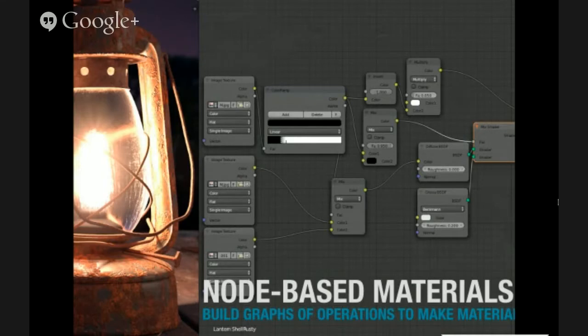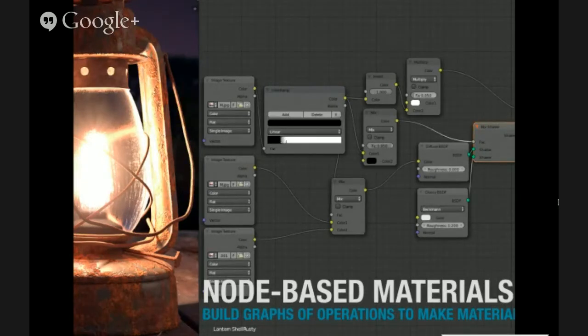So there's this other part of making rendered stuff, which is that you have to make materials to go on top of your pretty models. There's a bunch of different ways you can do it. There's shader-based language ones where you write code, kind of like what you do in an OpenGL shader. But there's another method in Blender, in addition to writing in your own language, which is you can construct these computation graphs where what you get as input is sort of a light ray that's hitting the surface, and then you get to control what happens with it.